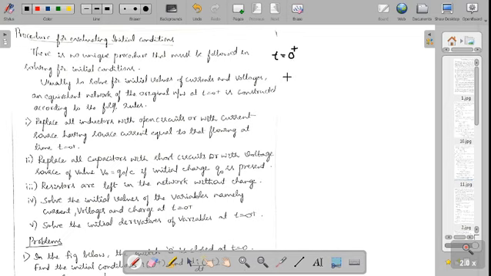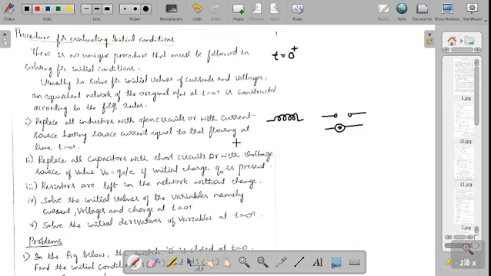closed. So when you are asked to evaluate at this condition, what you need to do is, if there is an inductor in the circuit, it has to be replaced by an open circuit. Open circuit means there will be no connection in the circuit. This is your open circuit. If this inductor has past history and was carrying current, then we need to replace it by a current source.